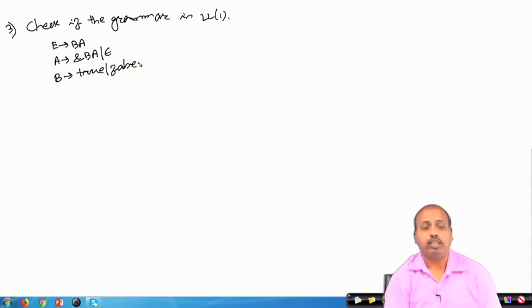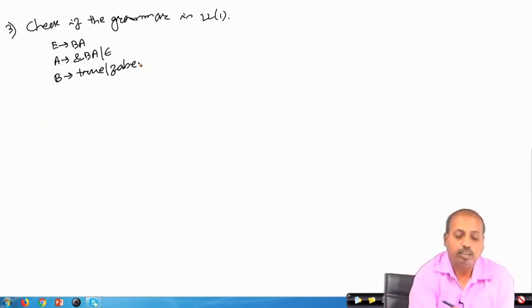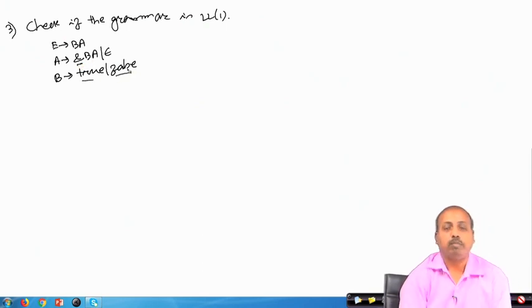Okay. So, here this is something like a Boolean grammar, and all these are terminal symbols, this ampersand, then true, false.